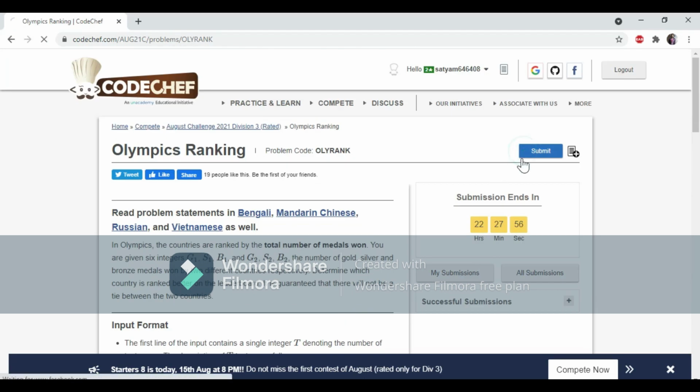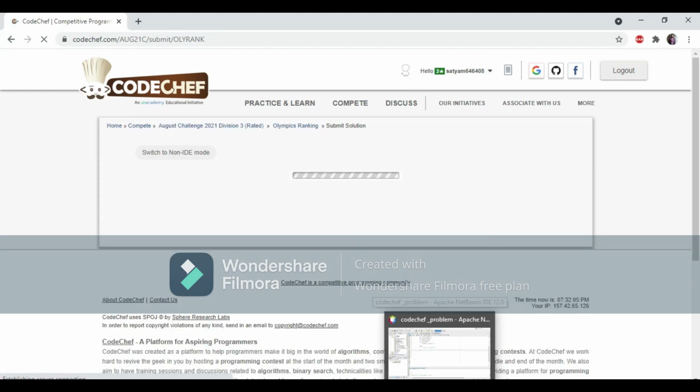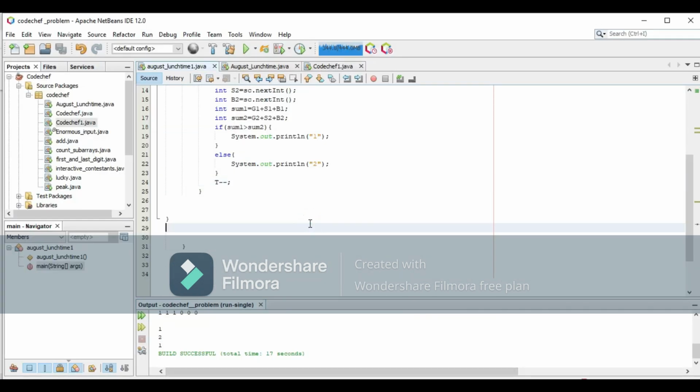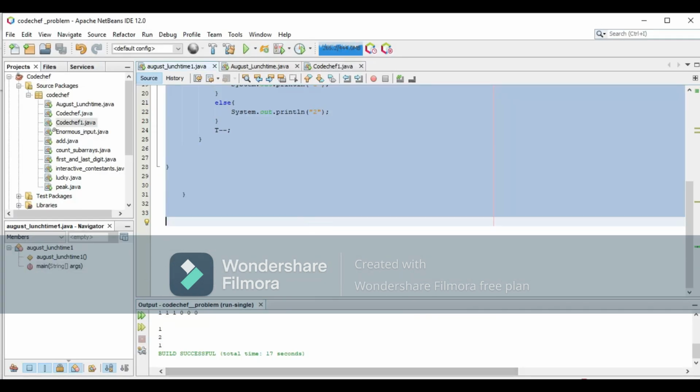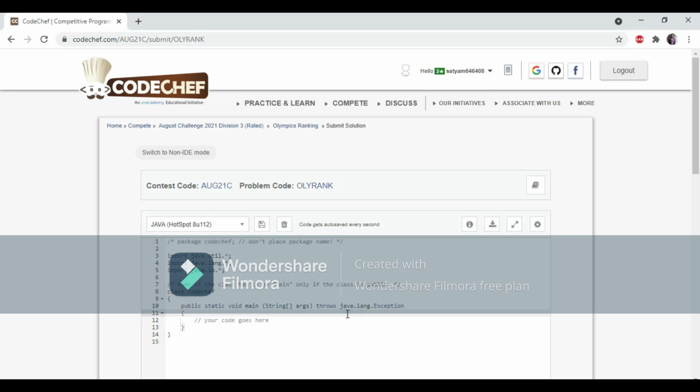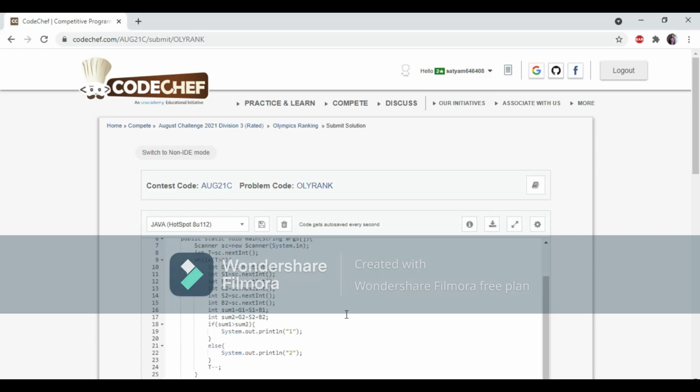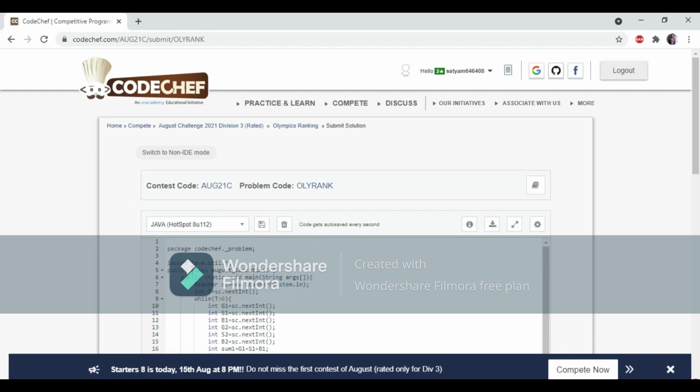So let me copy it first and submit it. Control A, Control C. Let me delete it first. Control B. Since CodeChef does not accept public class, remove it, and the package we have to also remove it.